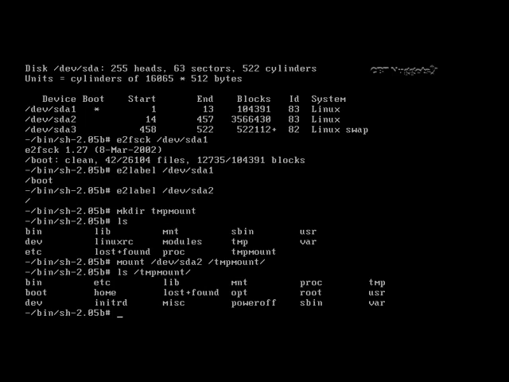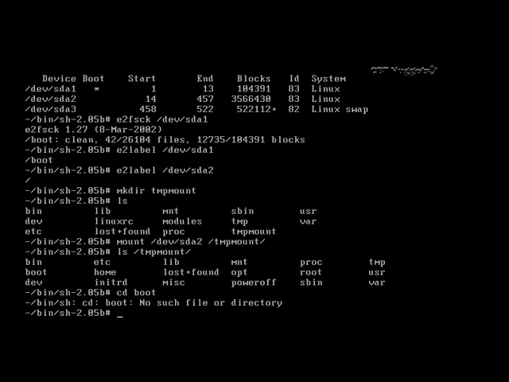Okay, it's the same thing as /mnt/sysimage/etc that we saw in normal rescue mode, right? Because that's exactly what got mounted under /mnt/sysimage: my old file system, and that's the same etc that you're seeing here under tempmount. Now, if I go into the boot directory though, and I look in there, oops, I'm sorry, I'm not in the right directory here. Let me